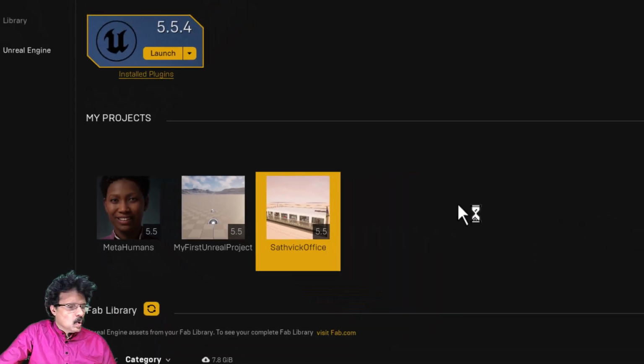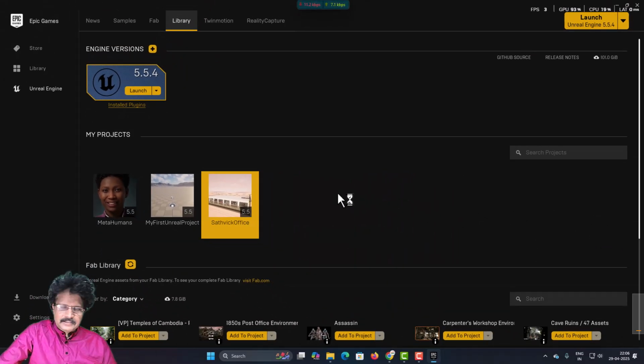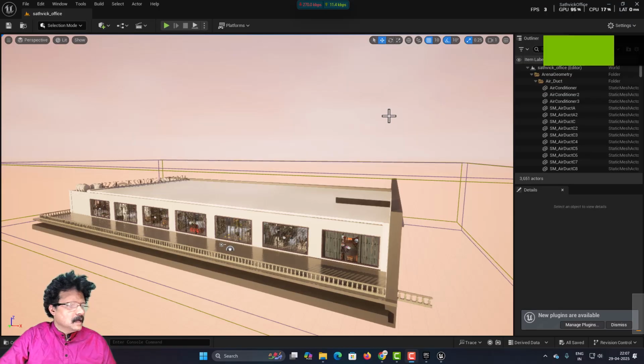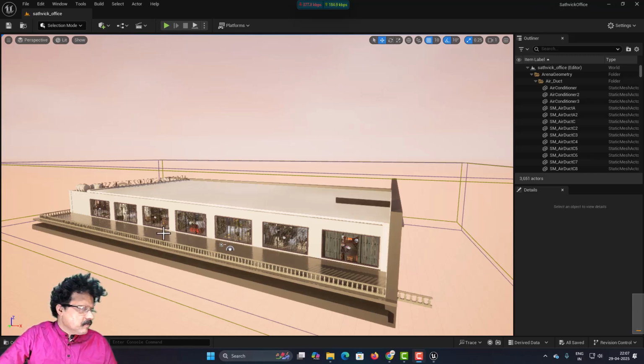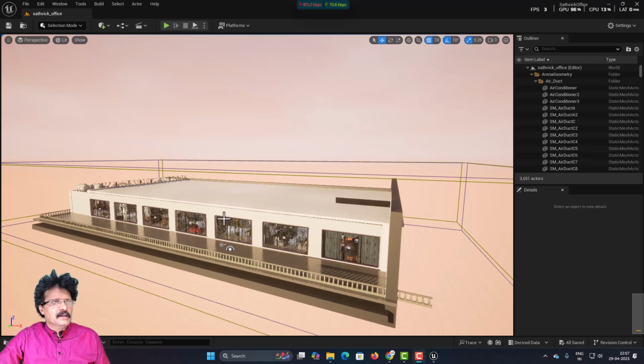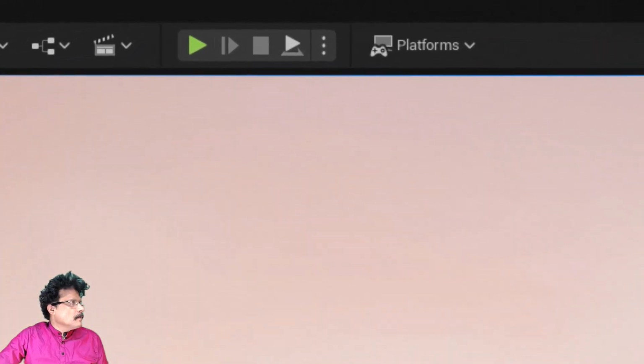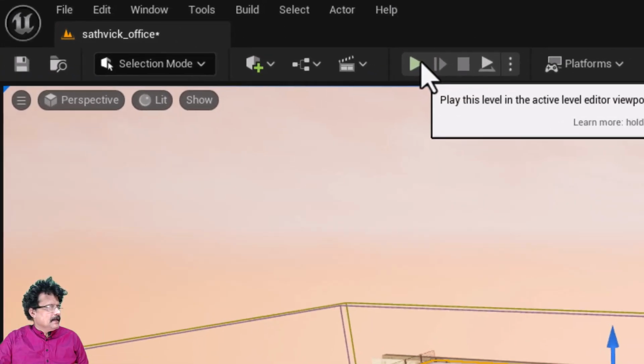This project may take some time to open. You now have the project open. Depending upon your graphic card or your machine strength, it may take some time for all the textures to get applied. And this is our office building. If you want to see how this project is done, you can just come to the top bar, where you have one green color play button. Now, once I click the play button here,